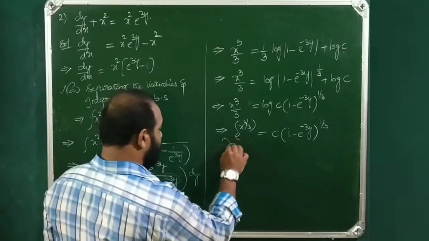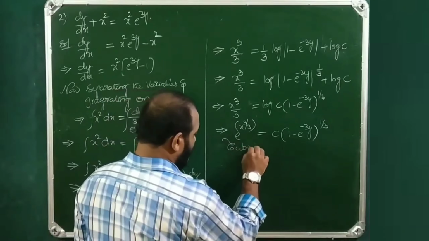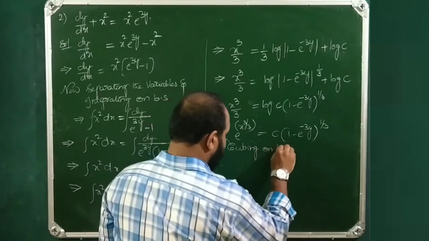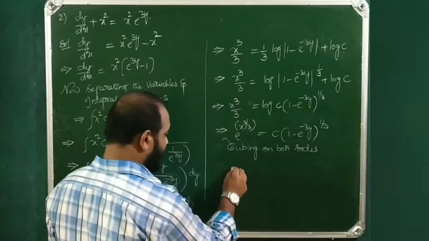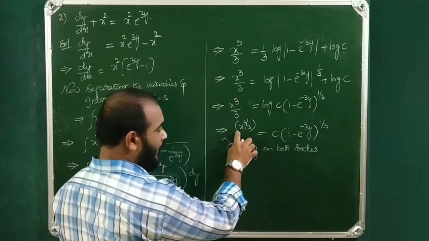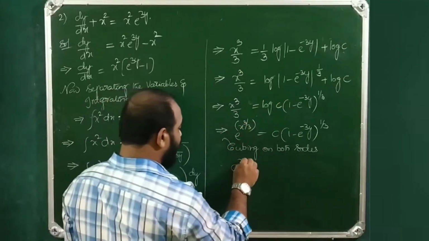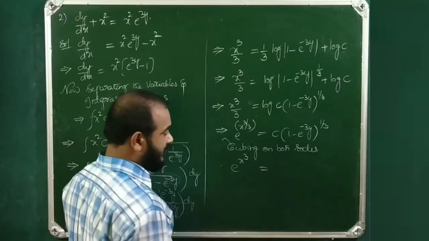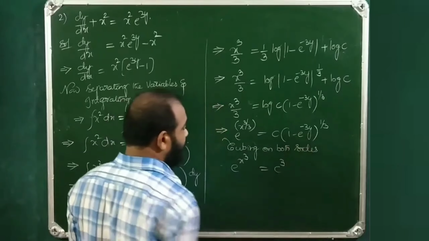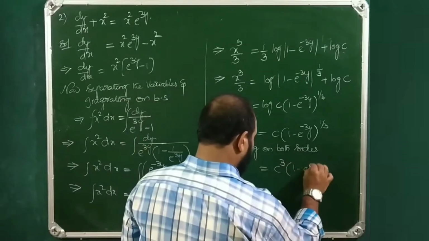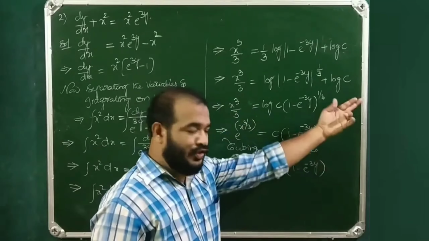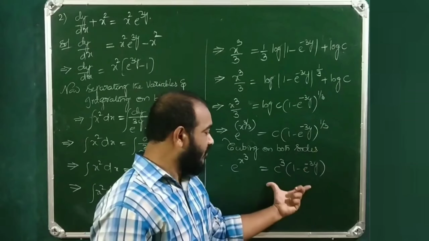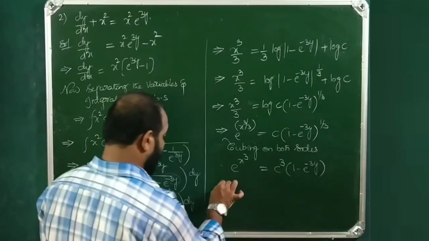Otherwise, cubing on both sides we will do. This is equal to e power x cube by 3 whole cube. E power x cube is equal to c cube into 1 minus e power minus 3y whole power 1 by 3 whole cube. This 3 gets cancelled. This is what we get. Therefore,